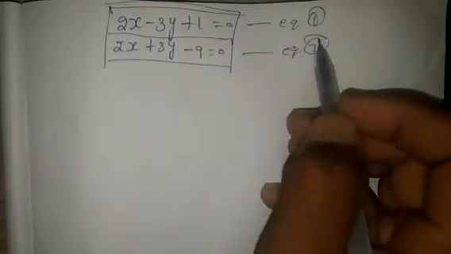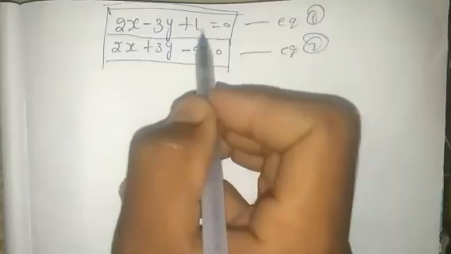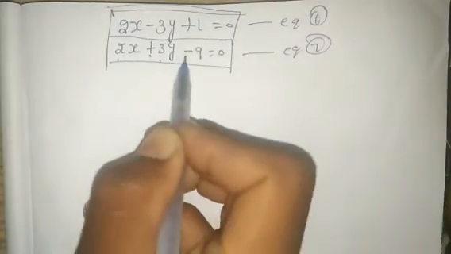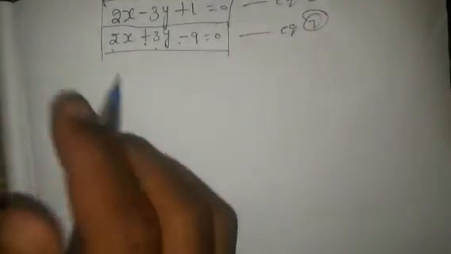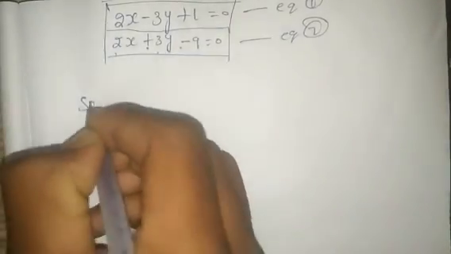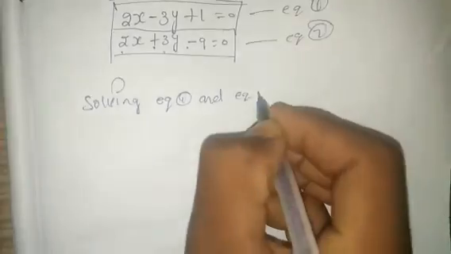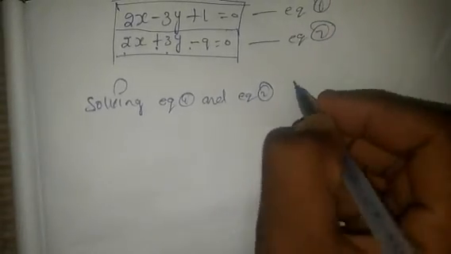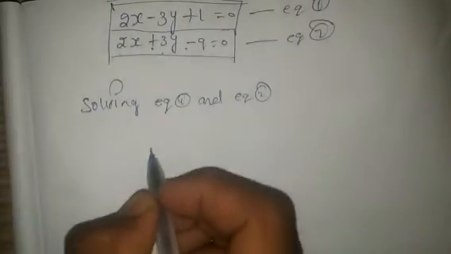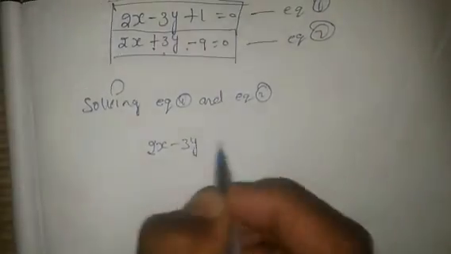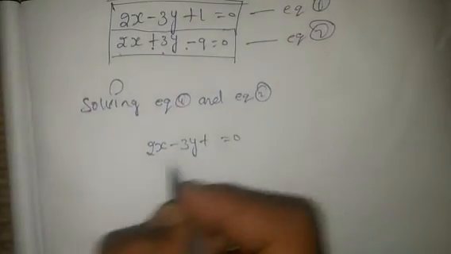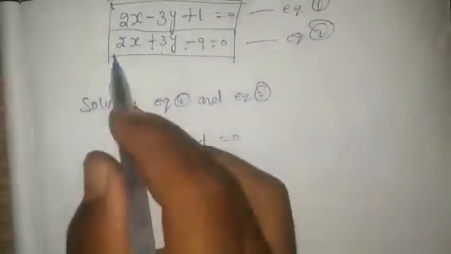Okay friends, we have successfully found equation 1, that is 2x minus 3y plus 1 equals 0, and equation 2 is 2x plus 3y minus 9 equals 0. So now we are solving equation 1 and equation 2 one by one. So we write equation 1, that is 2x minus 3y plus 1 equals 0, and write equation 2